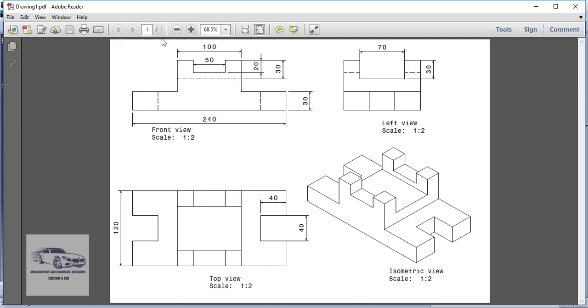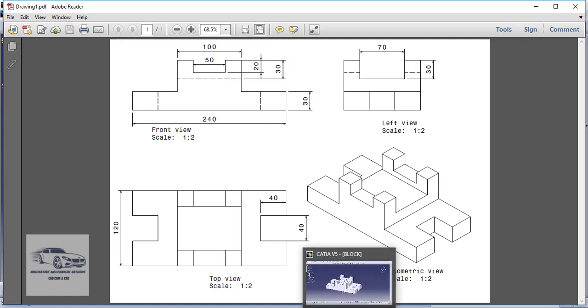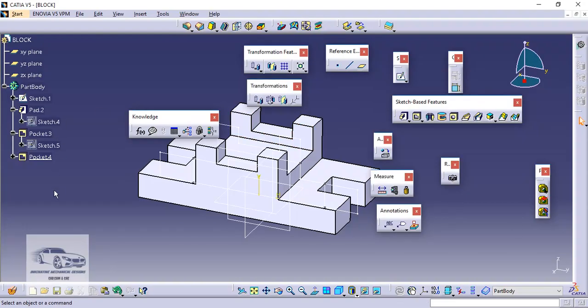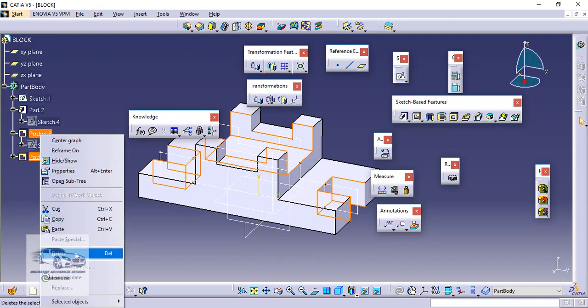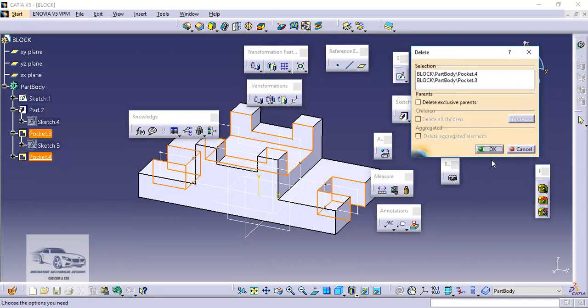So here already I have the sketch for front view. I will create the sketch for the left side view. Solid combine also helps in creating the symmetrical parts in a minimal number of steps and in a short span of time.